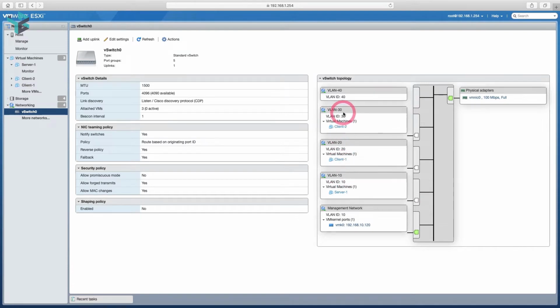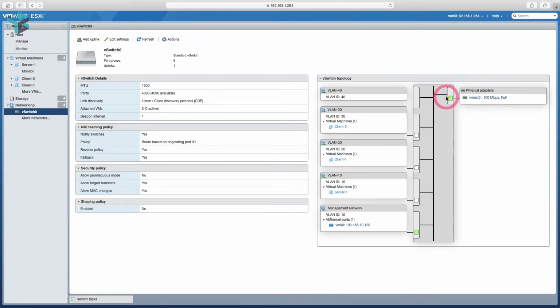For example, here we have VLAN 10 group and there is Server 1 in this group. Apart from that, you can see that there are VLAN 10, VLAN 20 and VLAN 30 groups on this switch. You can see that there is Client 1 in VLAN 20 and Client 2 in VLAN 30. Here, you can create a second virtual switch if you want. In order to create the second switch, the second physical port of your server must be connected to the physical switch. Currently, we can only create one virtual switch, since we have only one physical connection. If you have a second physical connection, you can create a second virtual switch, or you can connect the second port to this switch and provide redundancy.